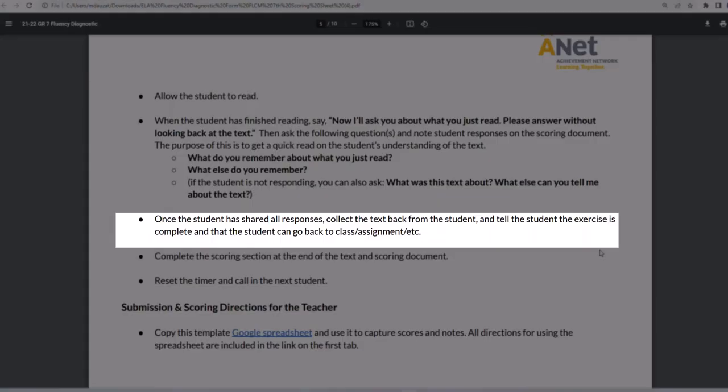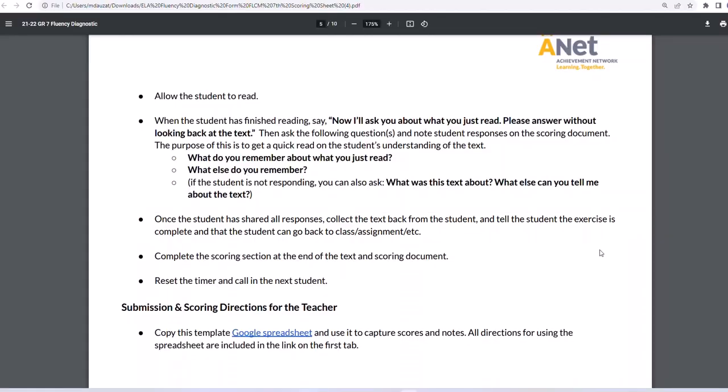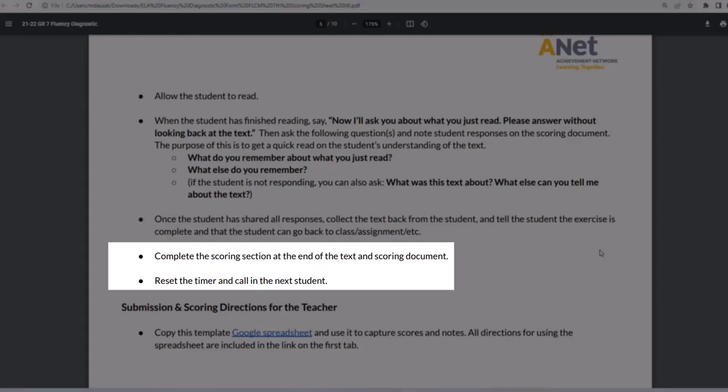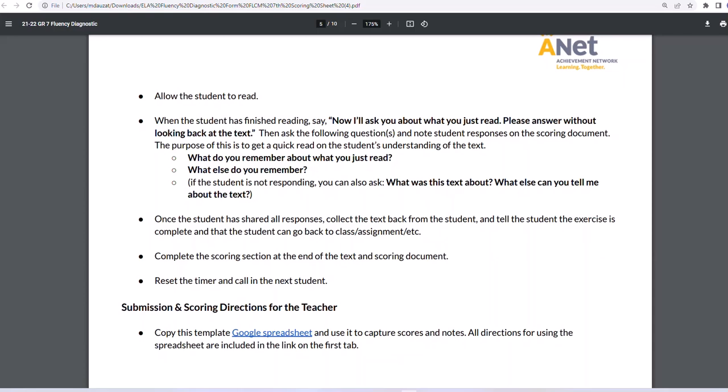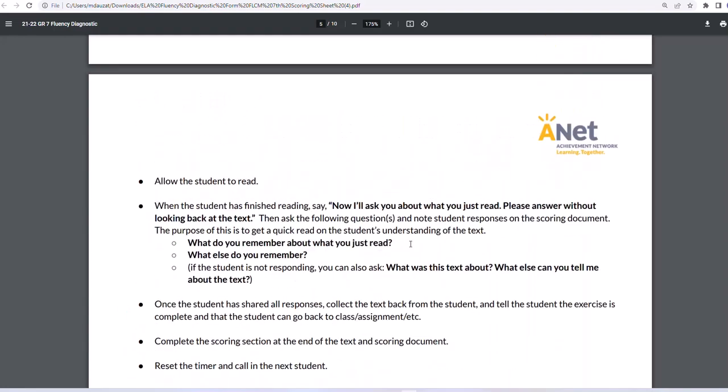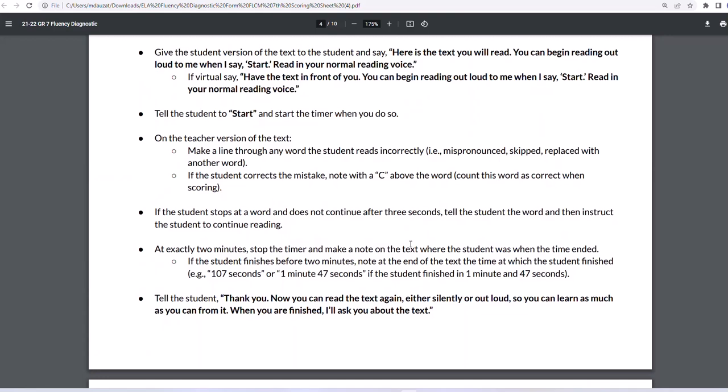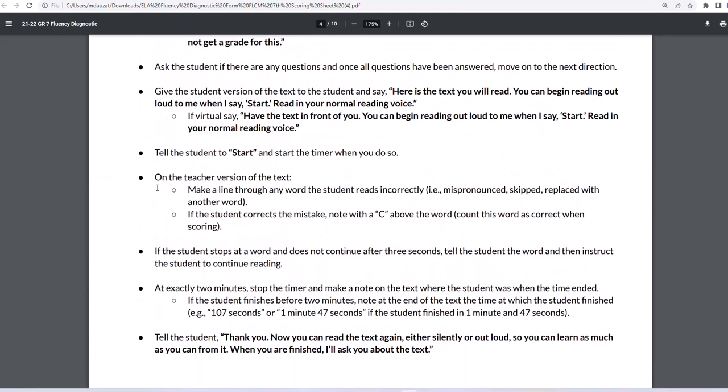And then once the student has shared all responses, collect the text back from the student and tell the student the exercise is complete and that the student can go back to class, assignment, etc. And then you're going to complete the scoring section at the end of the text and scoring document. And you're going to reset the timer and call in the next student. Okay, in the next video, we're going to talk about completing the scoring section at the end of the text and scoring document. Well, what I want to do at this point is to go back to this part here